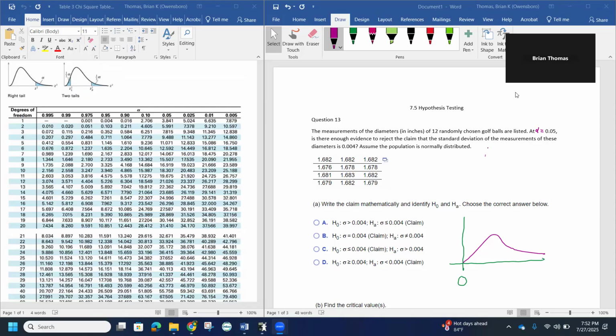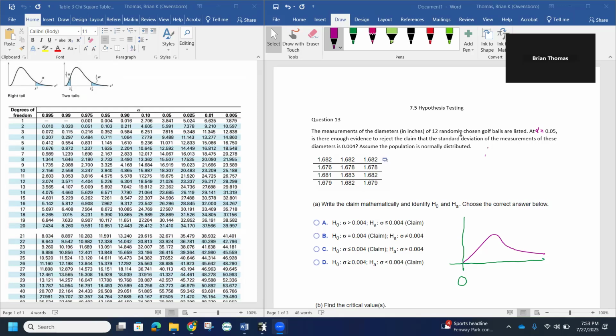So in 7.5, doing some hypothesis testing, let's look at question 13. This one had a wrinkle in it that we like to look at. The measurements of the diameters in inches of 12 chosen golf balls are listed. At a level of significance, in other words, alpha is equal to 0.05, is there enough evidence to reject the claim that the standard deviation, and remember standard deviation is sigma,